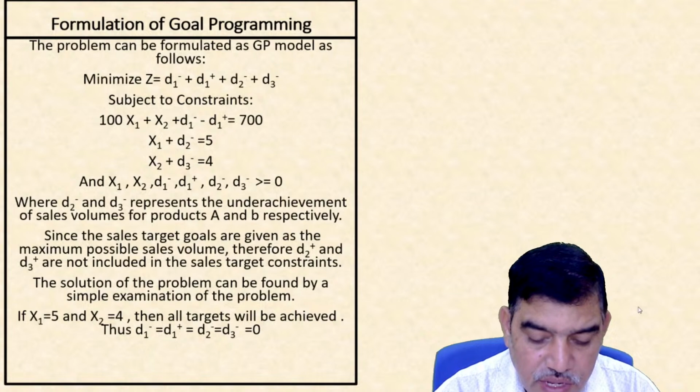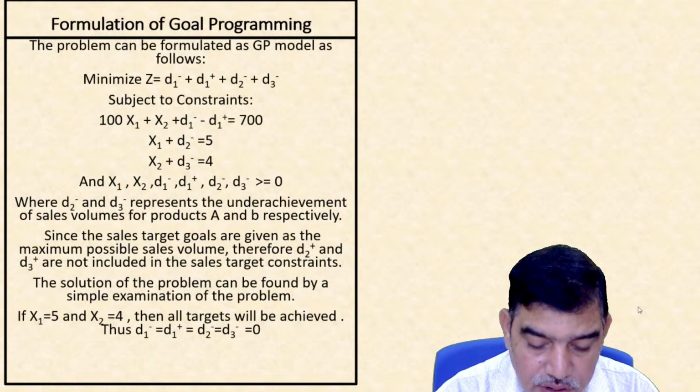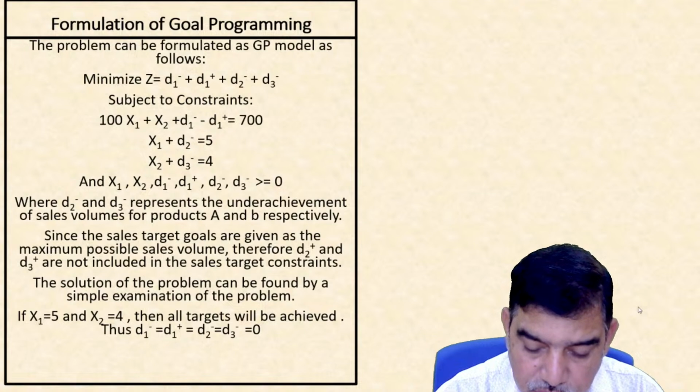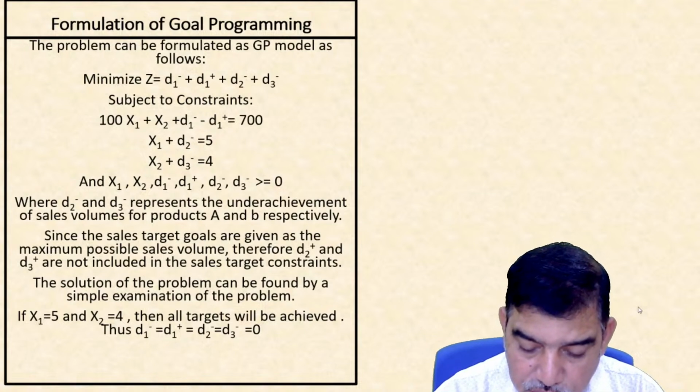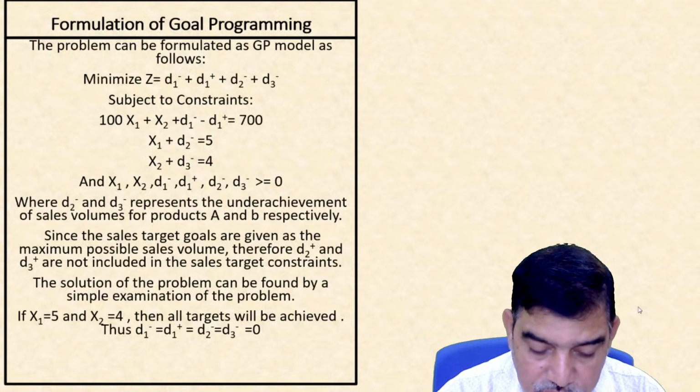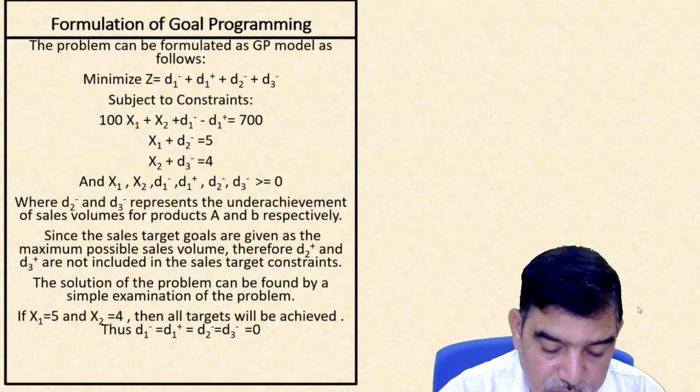Now, in general, the goal programming model can be formulated as Z equal to P1 d1 negative, P2 d2 positive plus 2 P3 d2 negative plus P3 d3 negative plus 3 P4 d3 positive plus P4 d2 positive, subject to 5x1 plus 2x2 plus d1 negative minus d1 positive equal to